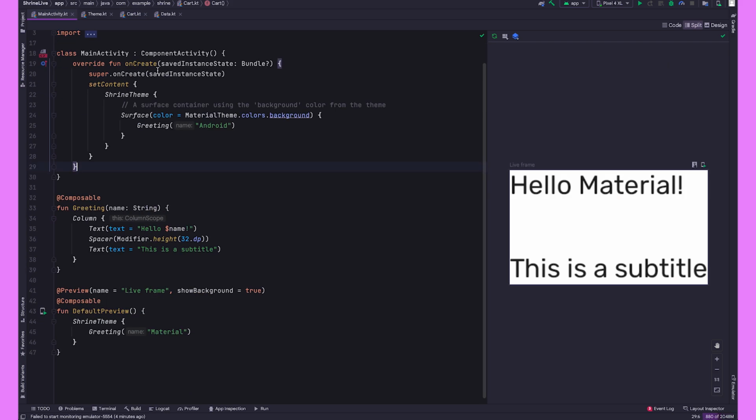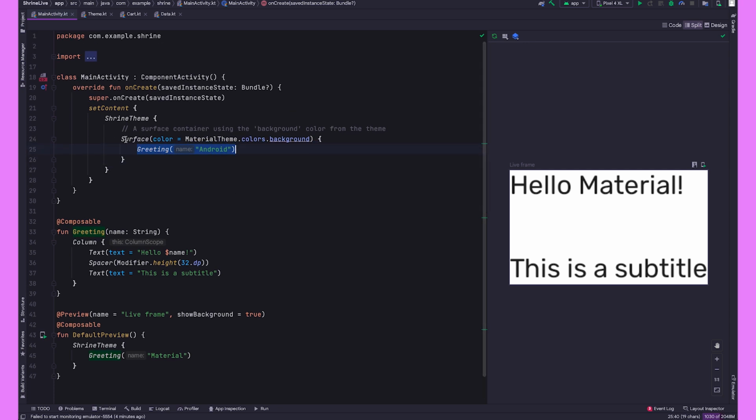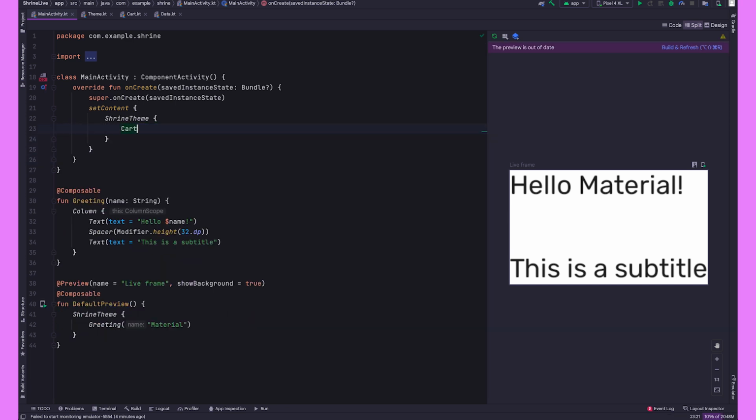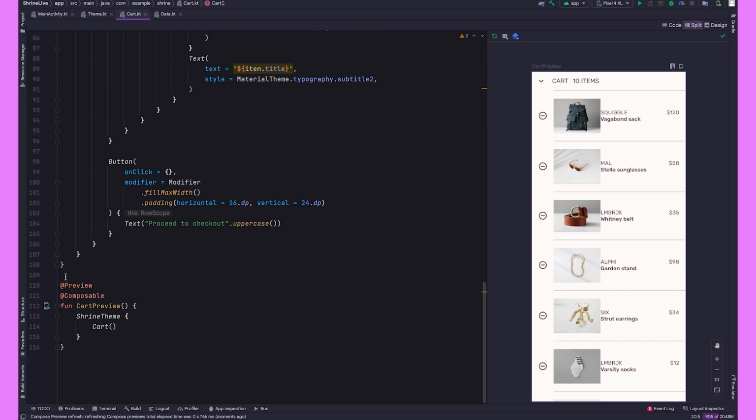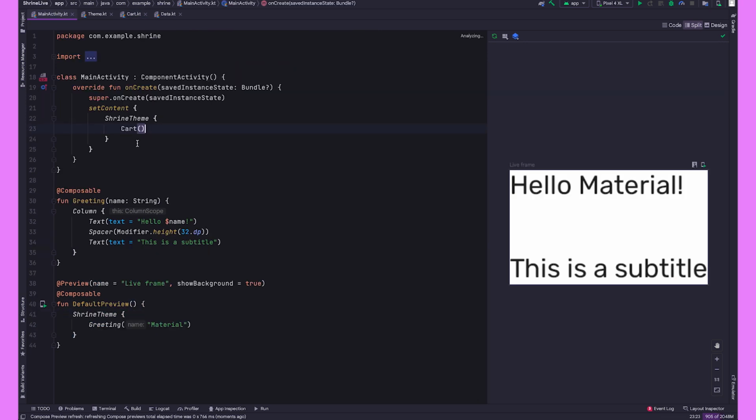To deploy it to the device, it's actually pretty easy. Before, this was the main entry point, which is main activity. All you'd have to do is delete this code and then replace it with cart, because cart is what we declared before. We kind of showed you how to do it in the preview here. So the code is very similar. You just go to main activity within this set content method and just paste cart. And